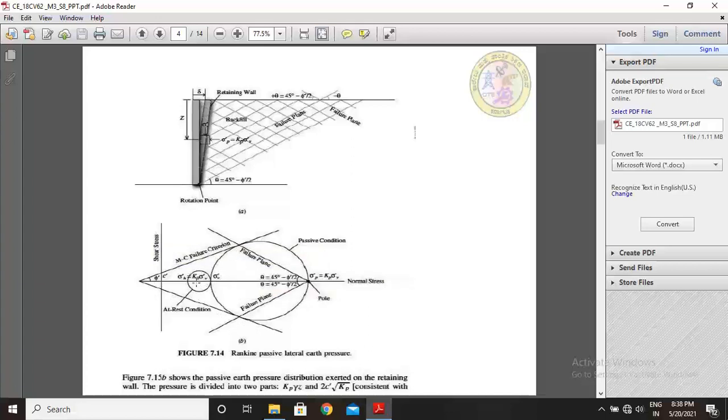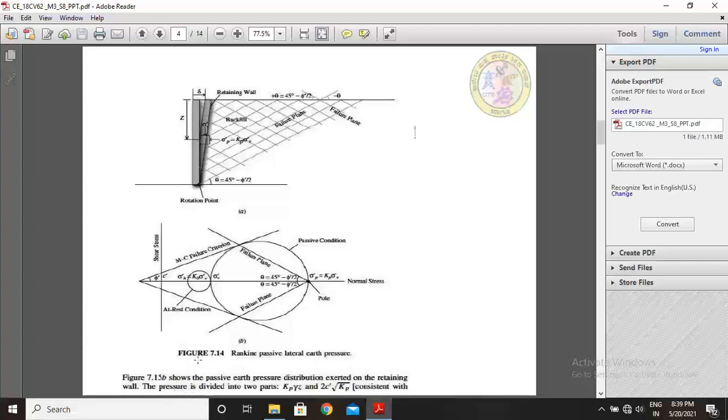This Mohr circle is for the at rest condition, that is, the lateral earth pressure at rest, and these are the passive conditions. For the passive conditions this failure envelope is developed. This is the Mohr failure envelope, denoted by tau equal to c plus sigma tan phi, and this is the angle of internal friction phi. These two figures are defined as